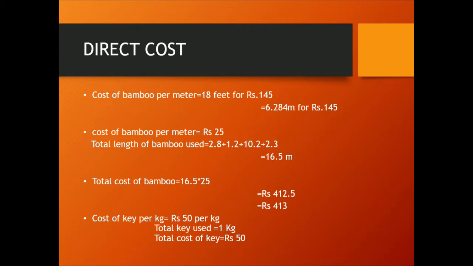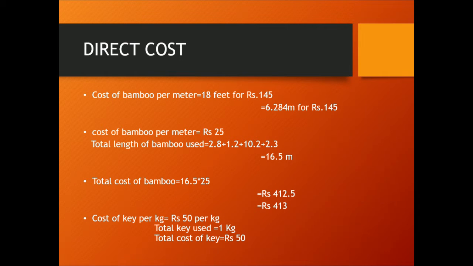Now considering the second type of cost, which is indirect cost: these are costs that are not directly related to the product which we are making or that are not directly accountable to the cost object. Indirect cost may be either fixed or variable, but some overhead costs can be directly attributed to a project and are direct costs. So these are the two types of cost which we are going to consider in this making.